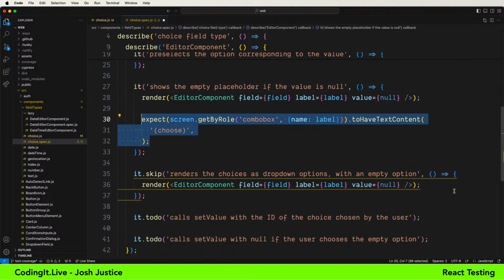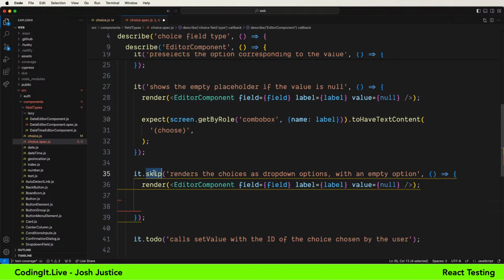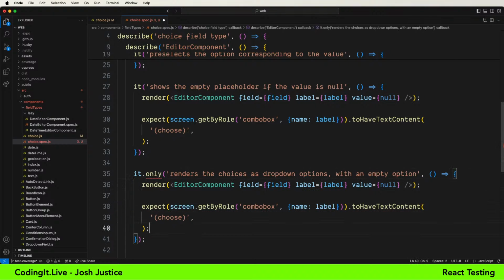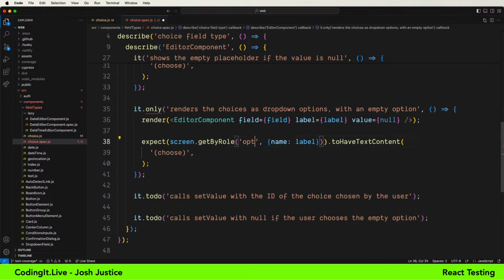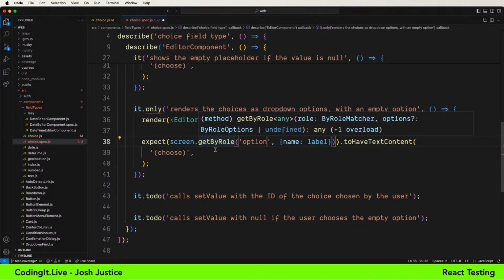I think there's a role named option. I'm sure there's a better ARIA way to look this up. But also we'll get some helpful output from React Testing Library. That's one of the great things about getByRole. It's been a great way for me to learn about ARIA roles because it gives good output. Here are the things with ARIA roles in your JSX that RTL gives to me.